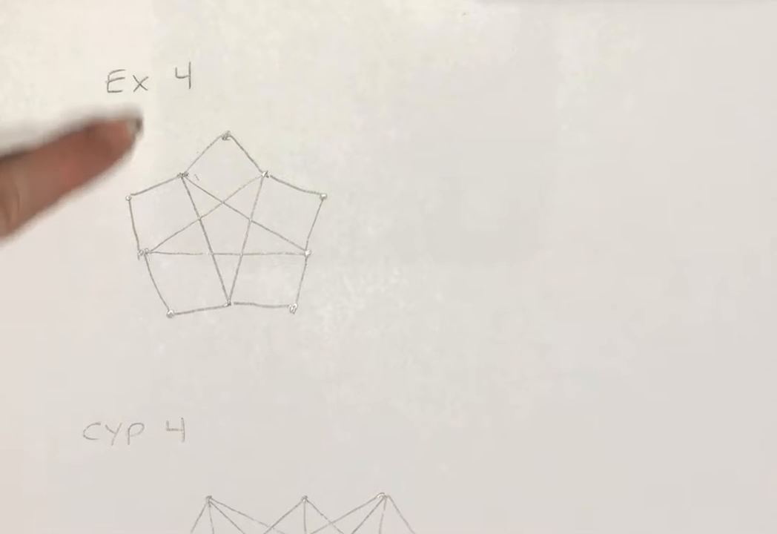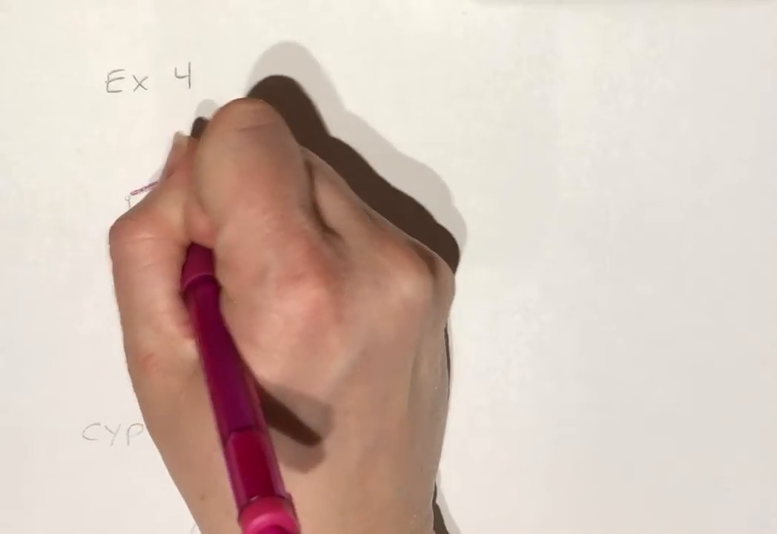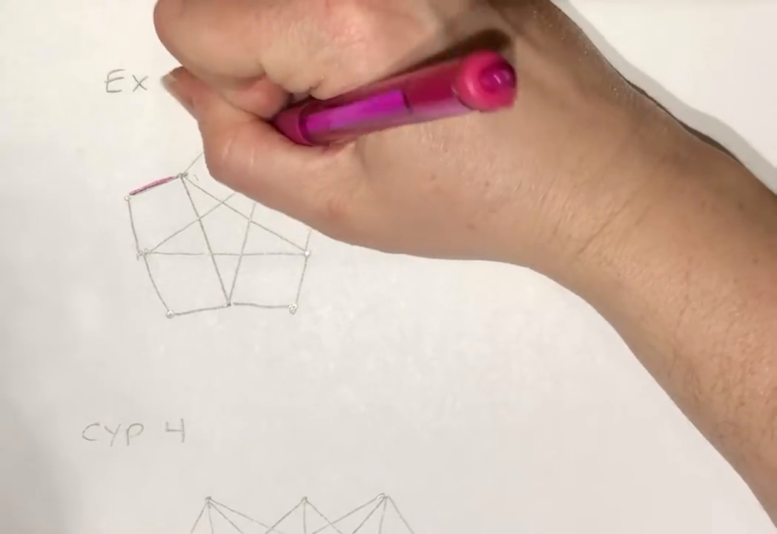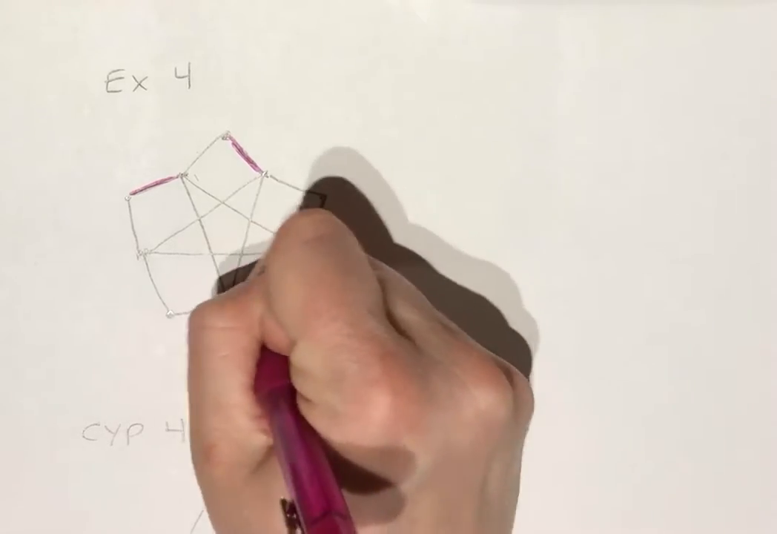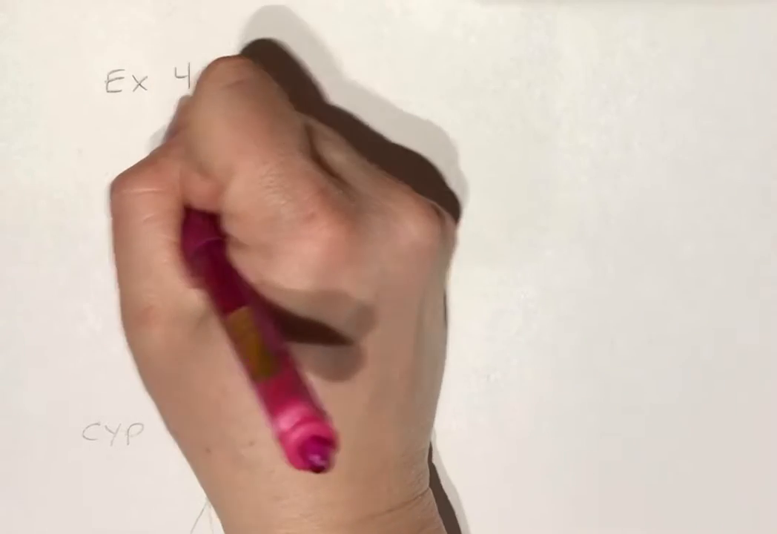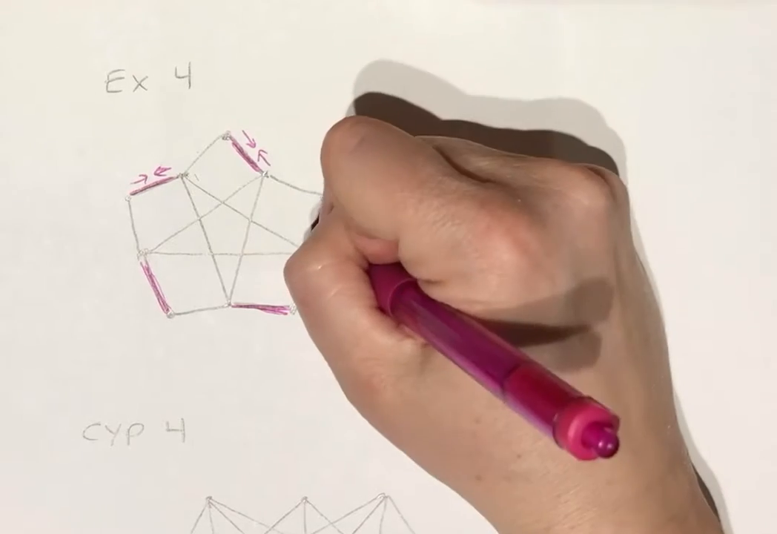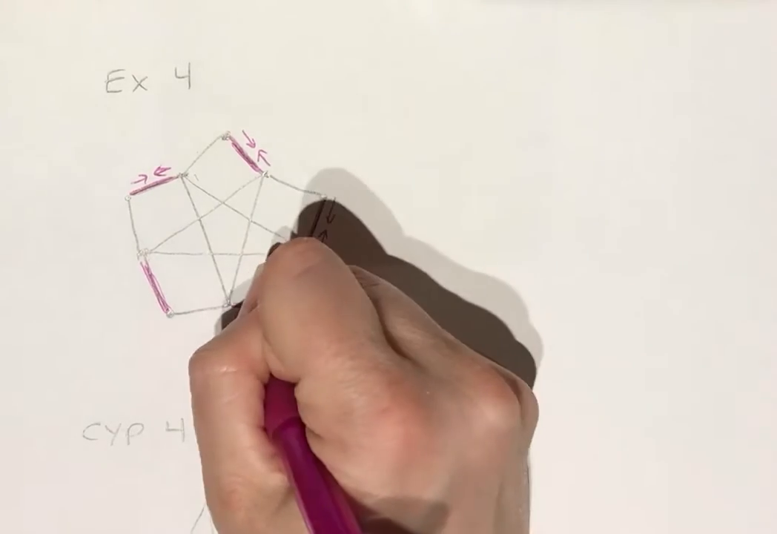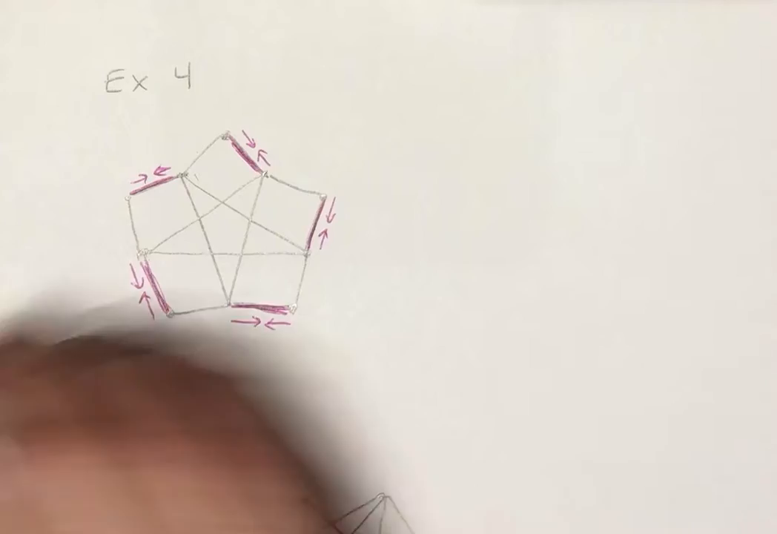So I look at example 4 and right away I see my star. So I need to have a pentagon. If I contract, and this is not the only way to do this, but if I contract those two, and those two, and those two, and those two, and those two, what I'm going to be left with